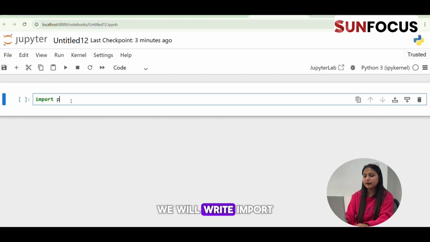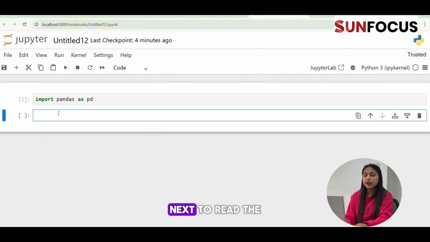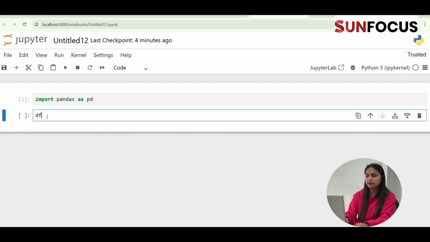We will write import pandas as pd. Next, to read the data from a CSV file, we will write